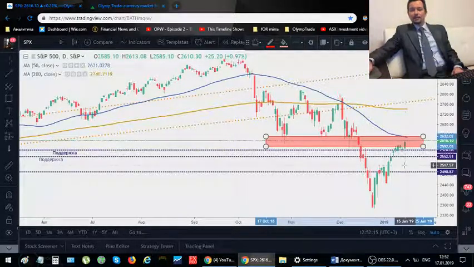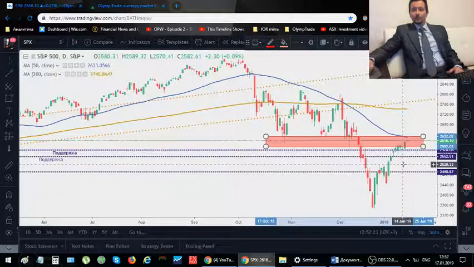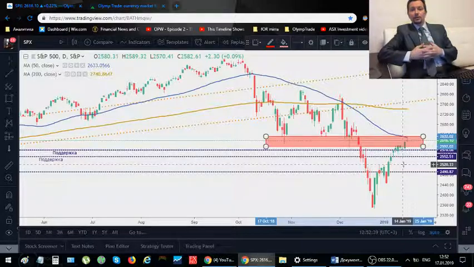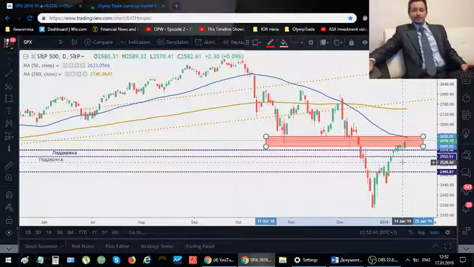Volatility by itself is really not a good reason to be in a trade, and even from this point we can see that we have hit a resistance point. Now, one of the clear factors that we have also affecting the stock market right now is the government shutdown from the United States. They're on their 26th day of shutdown, and that carries a lot of economic consequences for us as traders.